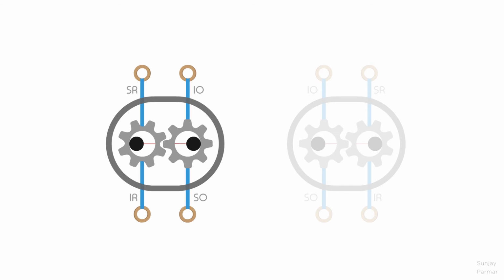The two gears surrounded by the oval represents the patient's eye either in adduction or abduction, as shown by the position of the solid black circle representing the pupil. The medial gear represents the eye in the adducted position, where the eye is pulled medially due to the action of the medial rectus. The lateral gear represents the eye in the abducted position, where the eye is pulled laterally due to the action of the lateral rectus.